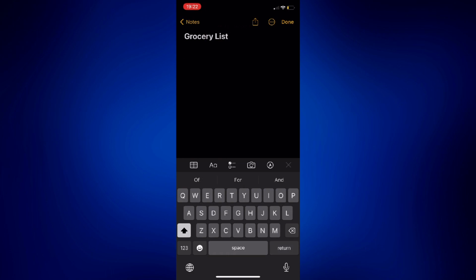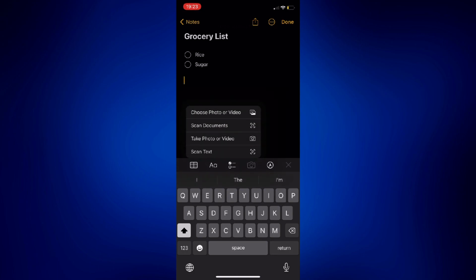You can even put it on bullets by tapping on this bullet icon right here in the middle of the screen at the top of the keyboard. And let's start. Let's say I want to buy rice, sugar, and then tap on return again to continue the list. Now, if you want to add a picture, you can just tap on the camera icon right here and